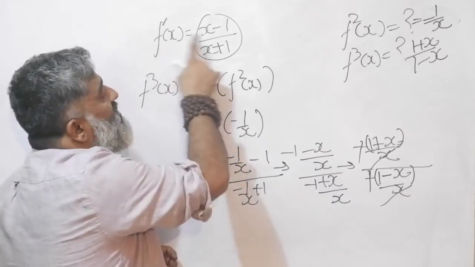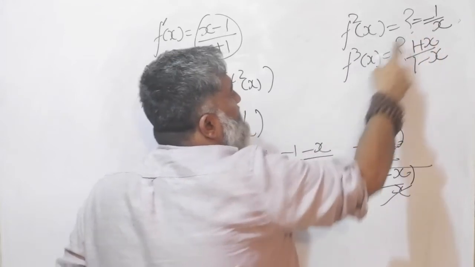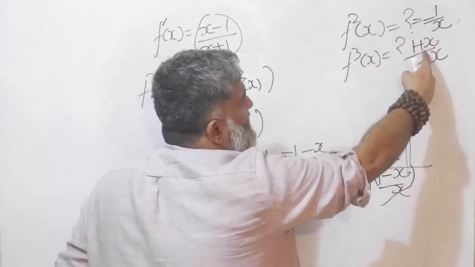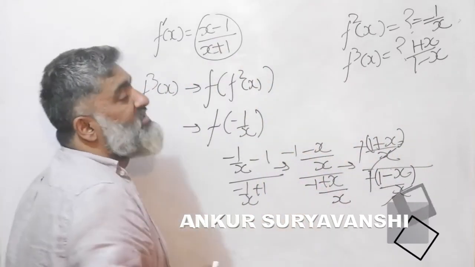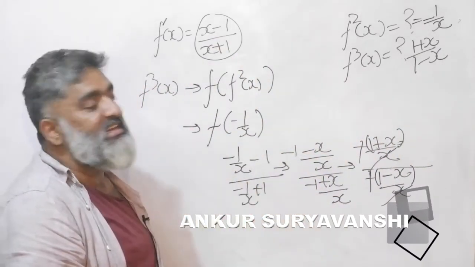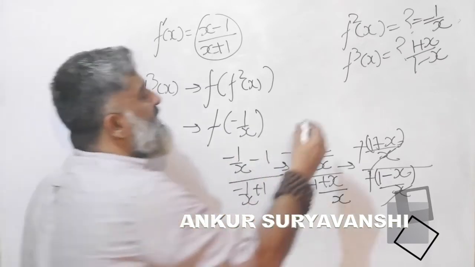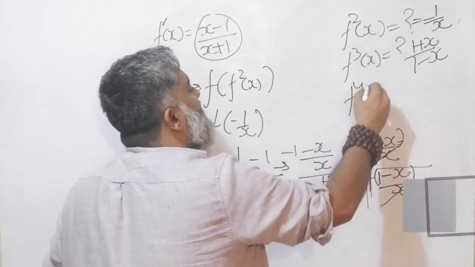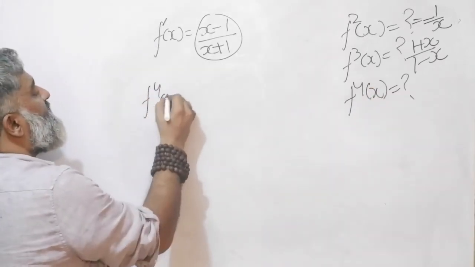I have f1 of x which is equal to this, f2 of x which is equal to this, f3 of x again is different, it is equal to (1 plus x) upon (1 minus x), very different from this, right? So I'm already at three steps and I'm not yet getting a pattern. So let me continue in the story. My next task should be to find f4 of x. What is f4 of x?